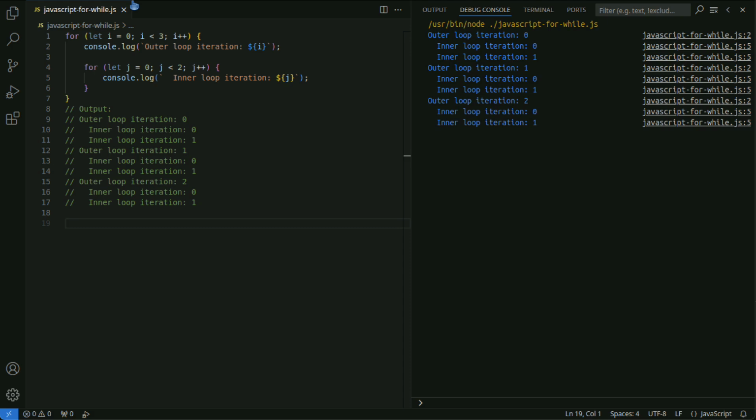In the above code, i is counted in the outer loop, and j is counted in the inner loop. Every time the outer loop is executed once, the inner loop is executed twice.